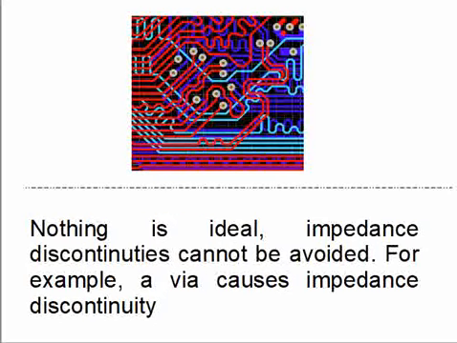Now, we know that even though we design a PCB, the world is not ideal. Let us assume we have designed a PCB from transmitter to receiver. There could be variation in manufacturing. There could be a variation in the dielectric material that is used. Basically, the materials are imperfect, right? So that also causes impedance variation.